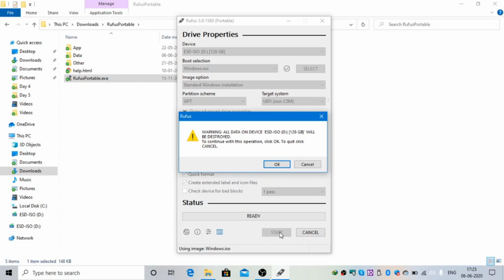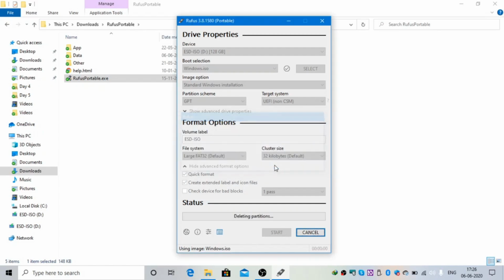Just remember that the pen drive will be formatted, and all the important documents available on this pen drive or the hard disk will be deleted, and click on OK. This will format the pen drive.